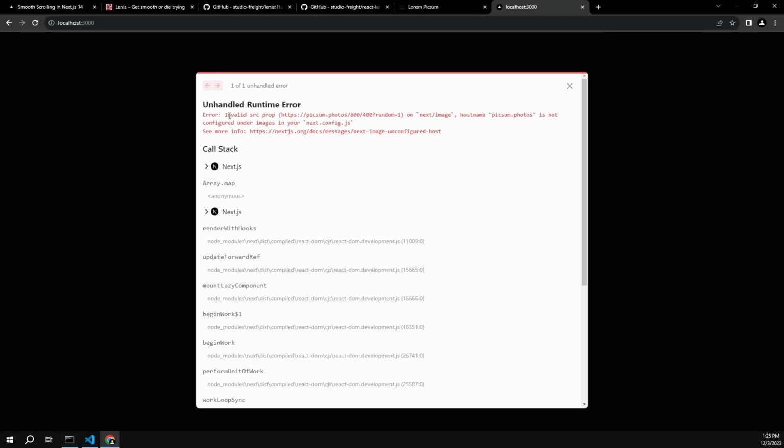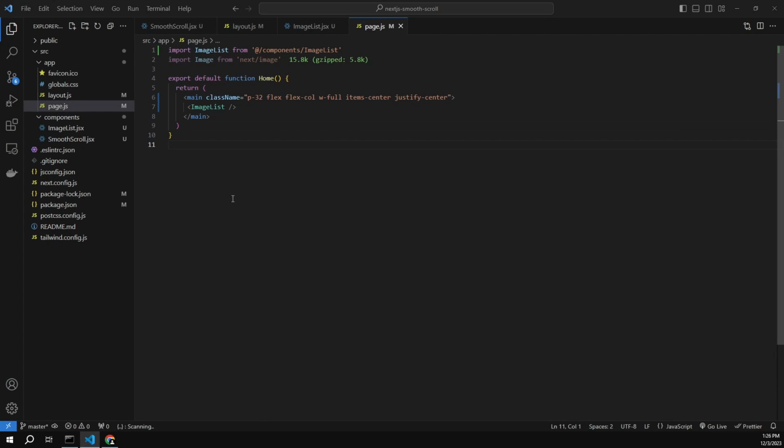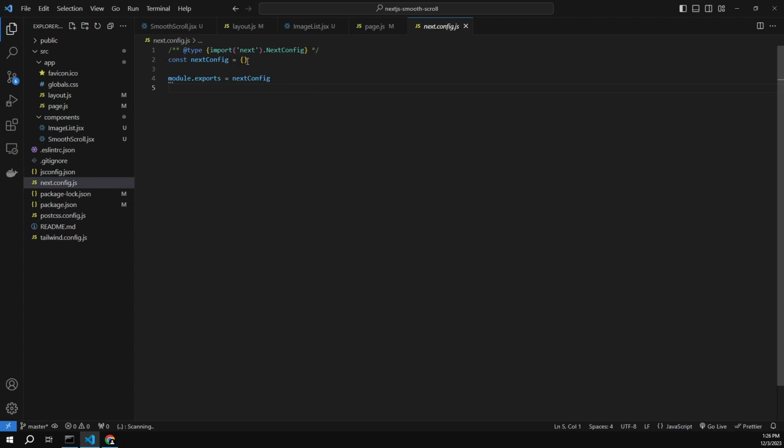Okay, it says invalid src prop on next image. Hostname picsum.photos is not configured under images in your next.config.js file. So let's configure this. Now for that we have to open the next.config.js file, and here let's add images